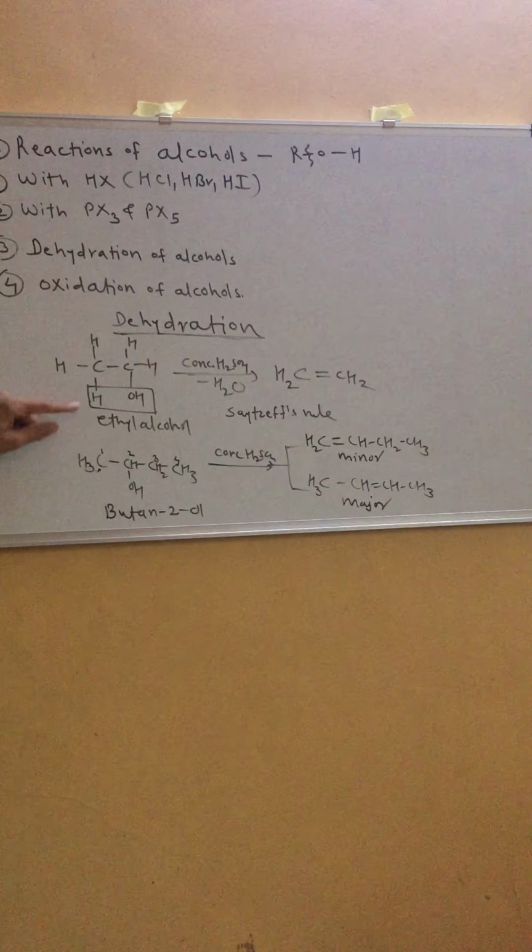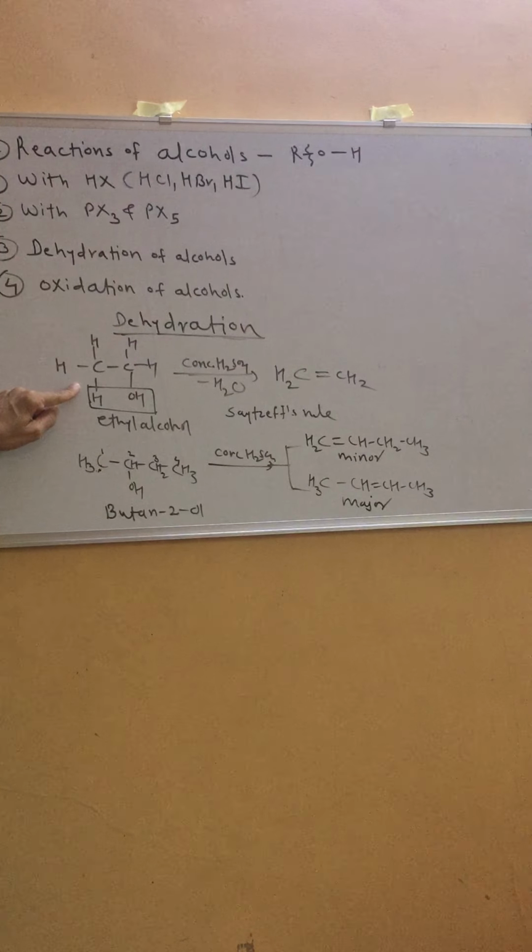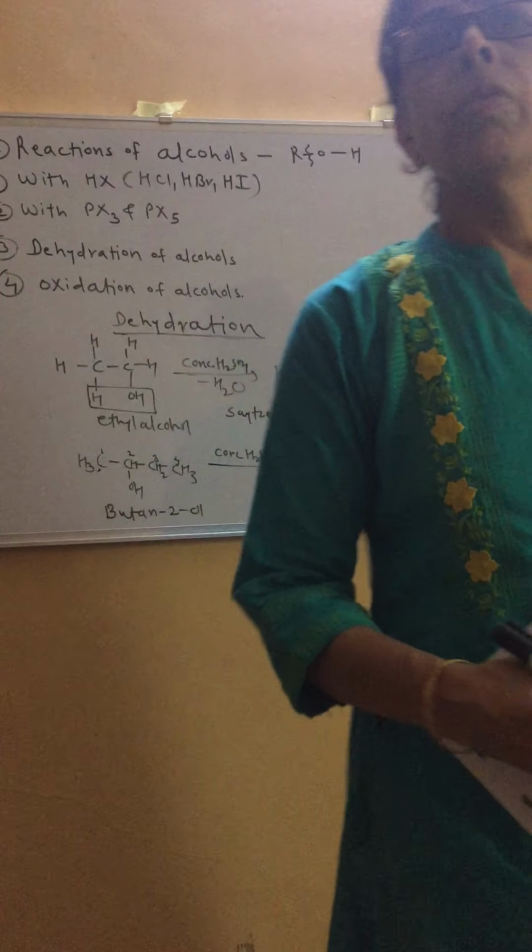See the reaction carefully. In dehydration, if you take a simple, symmetrical alcohol, there will not be any problem, we will get only one product. But for alcohols like this, the reaction will proceed according to Saytzeff's rule, where elimination takes place from that carbon atom in which we are able to get the alkene which is more substituted. Okay. Now we will continue with the fourth reaction, the last one.